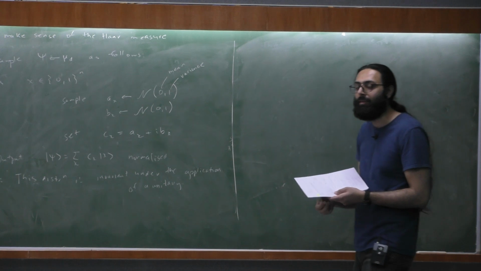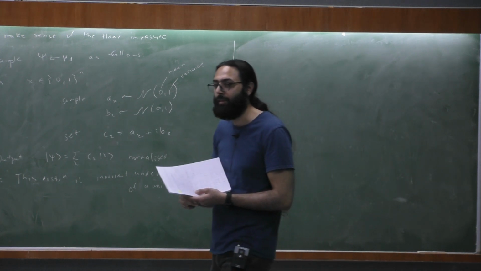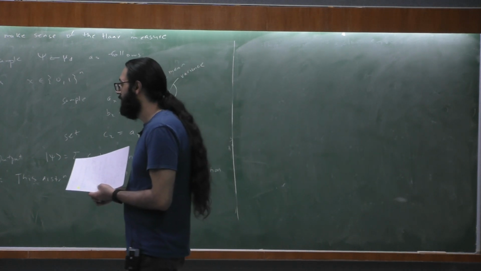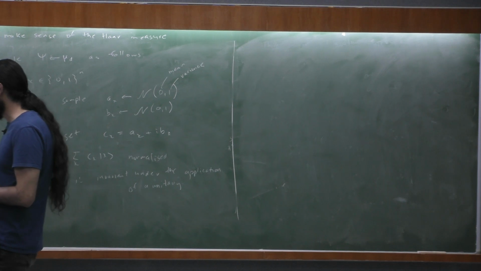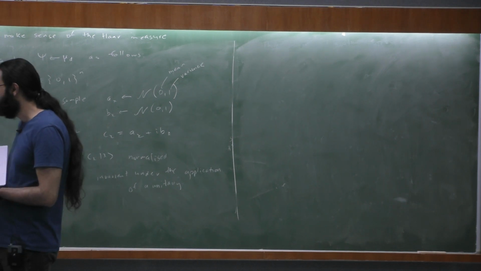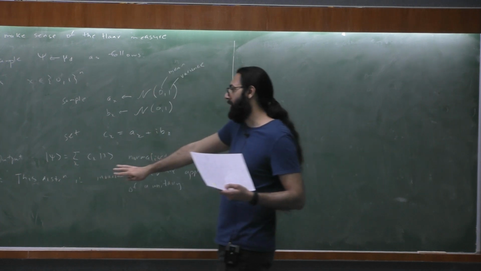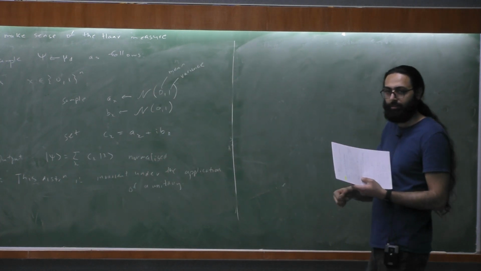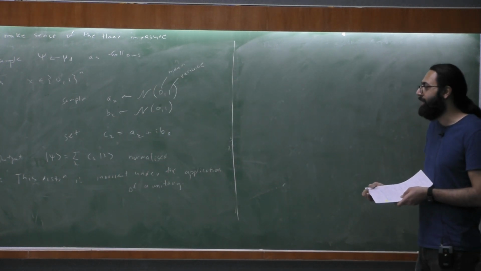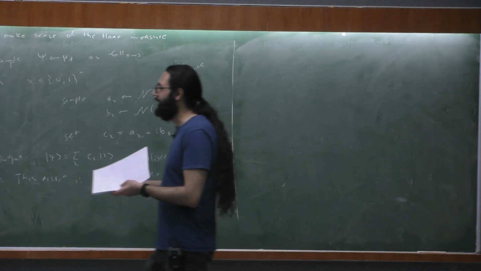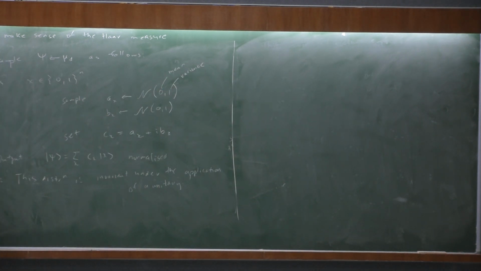Haar random unitaries being unique does not imply Haar random states are unique. Yeah, that's what I'm saying. There are a lot of arguments I'm missing here. The only thing that I know for a fact, which also I don't know how to prove, is that